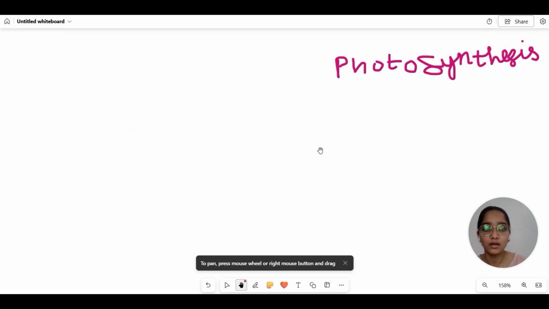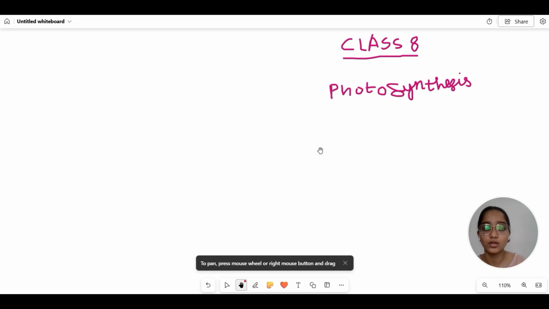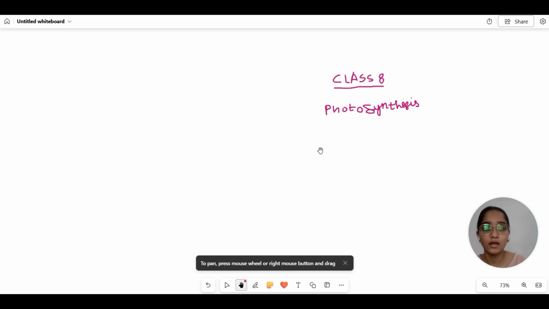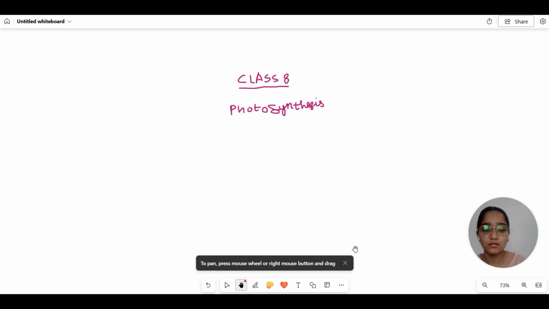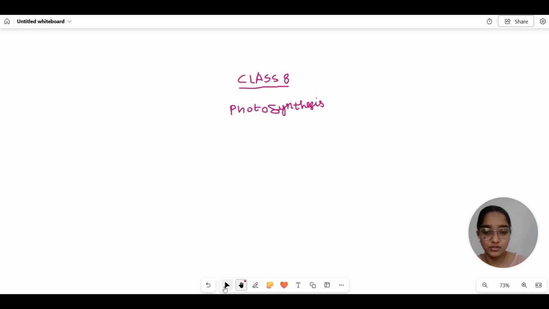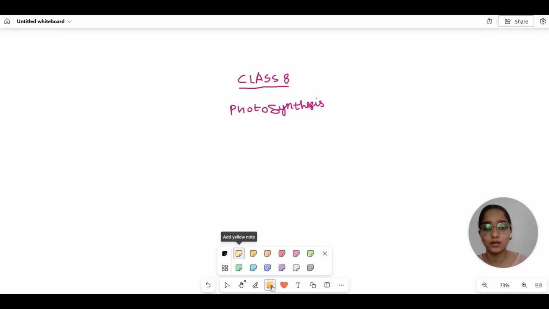And if you want to zoom in, zoom out, you can use this particular palm option for that. Then this is the fourth feature that I'm going to tell you: the option for sticking some sticky notes also, because in your classroom when you're teaching your students, and if you